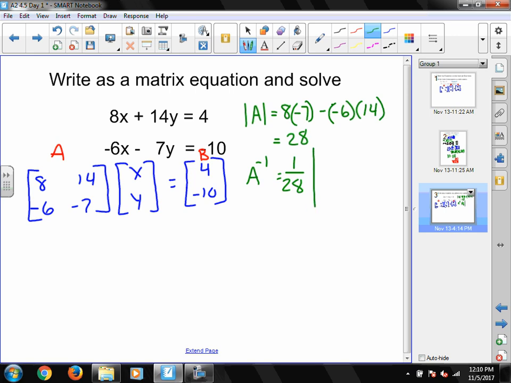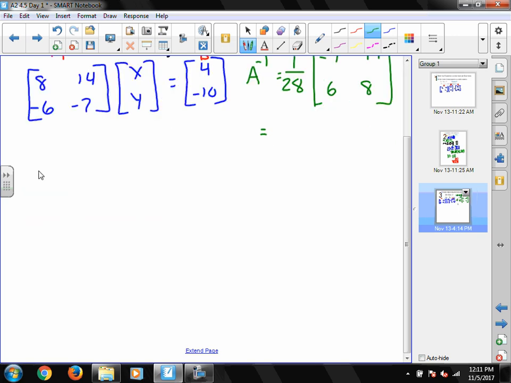And then I flip my main diagonal, so I get -7 and 8 here, and 6 and 14 have to change signs, so I get -14 and a +6. And when I multiply that all out, I end up with,